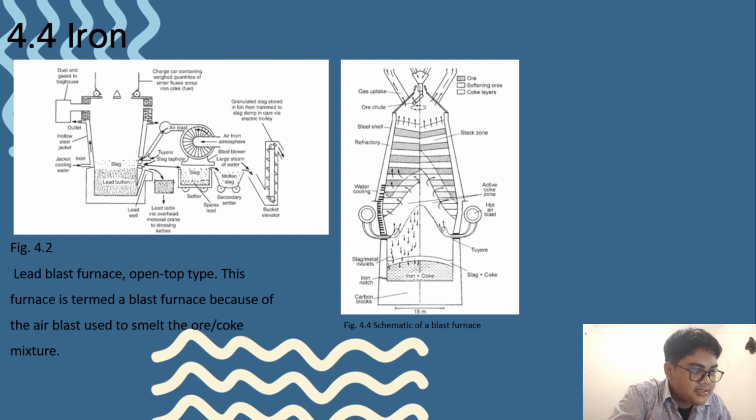this temperature, the carbon monoxide begins to react with the iron ore to free some of the iron. At the same time, some of the carbon monoxide is cooled by the charge and forms carbon dioxide and free carbon. This free carbon is soot that darkened the skies over iron production cities from the 6th through the mid-20th century. Removal of this soot from the rising blast is difficult and represents an ever-present problem common to the production of the metal from their ores. As we can see in figure 4.4, the schematic of a blast furnace.